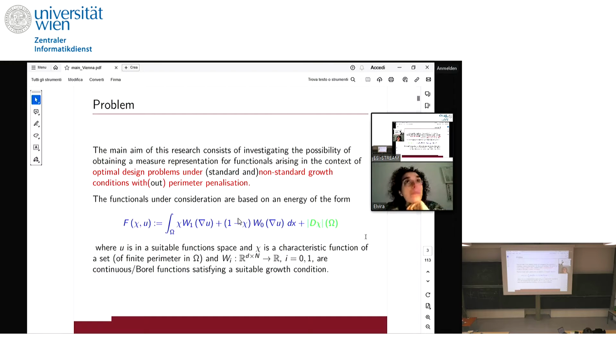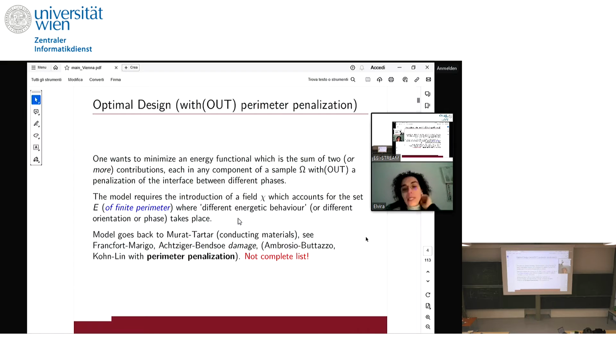And then there is this green term that can be considered or not in the analysis. I will distinguish what happens in the two cases, which presents essentially a penalization between the interface of the set modeled through chi and its complement. Well, the point is that the Wi can have different growth conditions during my talk, and according to that, I will obtain different results. I also want to say that the presence of the green term before is what I was naming perimeter penalization, and as far as I know, the first paper where this term has been introduced, mostly for regularity purposes,